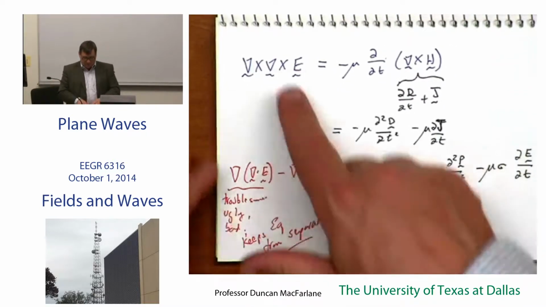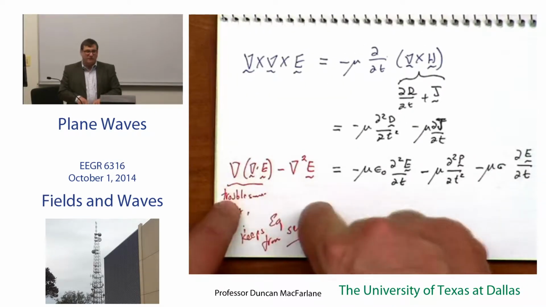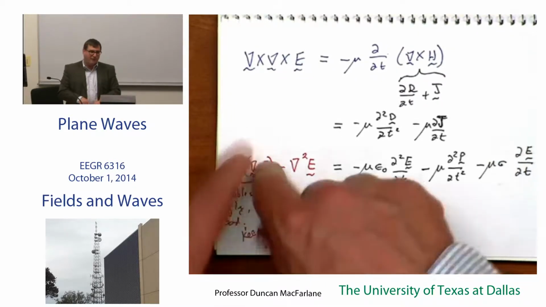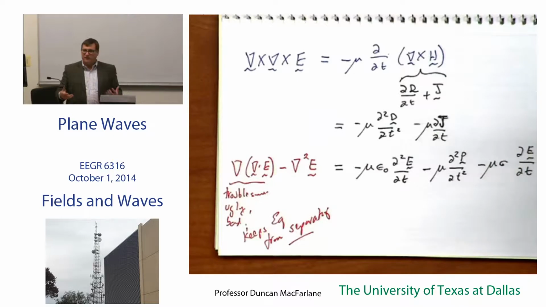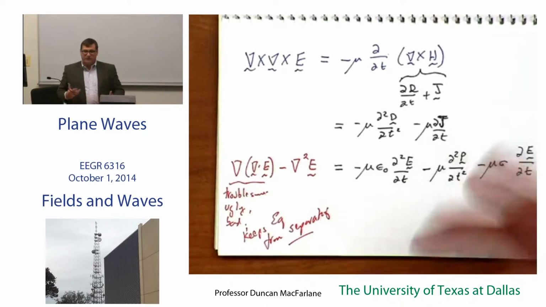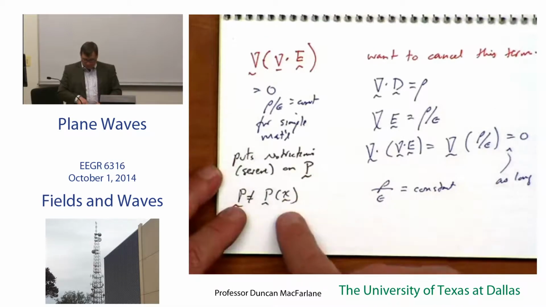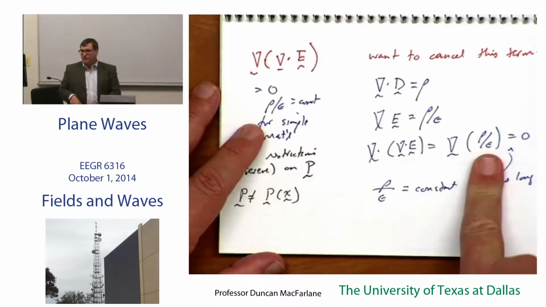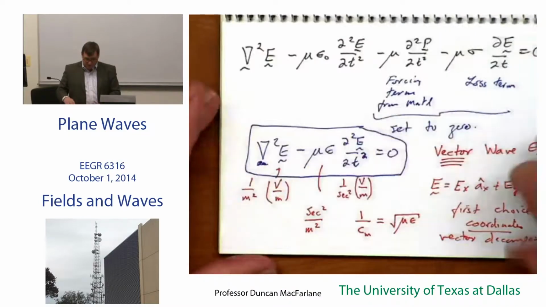And on the left-hand side, we used our vector identity for the curl of the curl, and we separated it up into two pieces. An ugly piece, a demoralizing piece, a bad piece, and something that's really nice. Something that splits apart in Cartesian coordinates and cylindrical coordinates and parabolic coordinates really, really easily. And so we did everything we could to get rid of that term. The most conventional way of doing it is just to say that you have constant charge or no charge at all. In which case, when you take the derivative of a constant, you get 0. And when you do that,